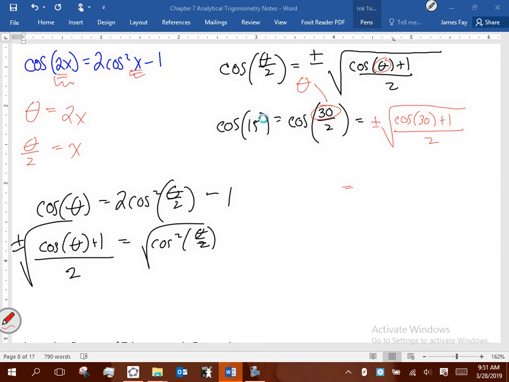Okay, now cosine of 15 is a first quadrant angle, so I know it's going to be the positive version of this radical. Cosine of 30 is radical 3 over 2, right? Plus 1 all over 2. Okay? Now, that's messy, but there are some things that we can do to clean that up, but because we're running out of time, I'm not going to. But I want to prove to you